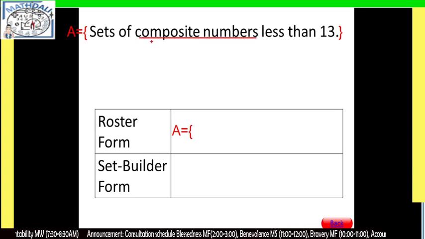Again, pag sinabi natin composite numbers, these are numbers that has more than one prime factors. So, yung mga prime factors natin, aside dun sa 1 and the number itself, meron pa siyang ibang prime factors. We have, what are those composite numbers?